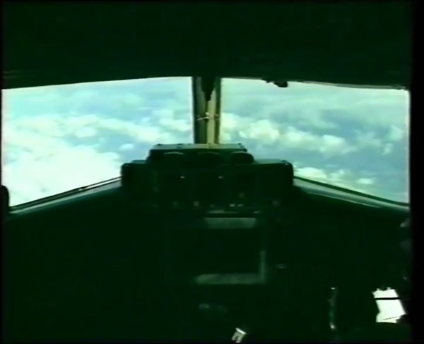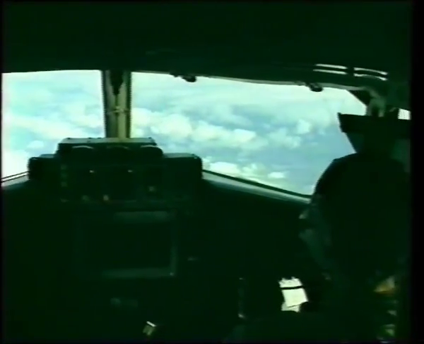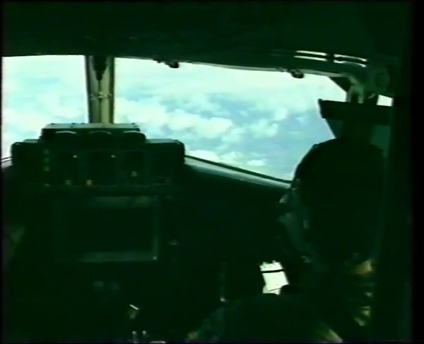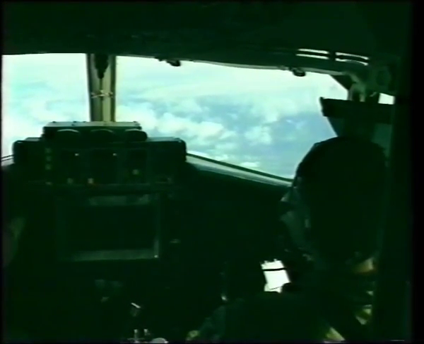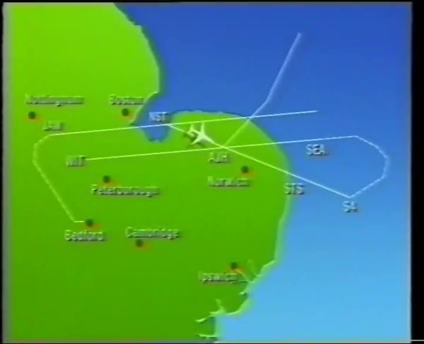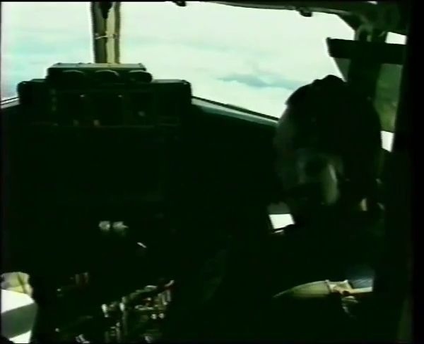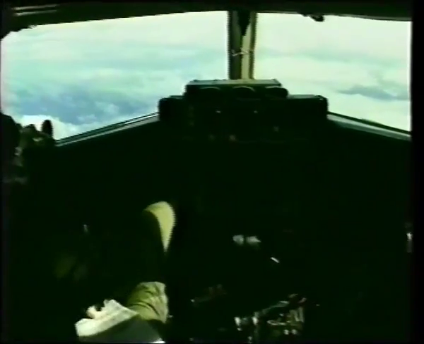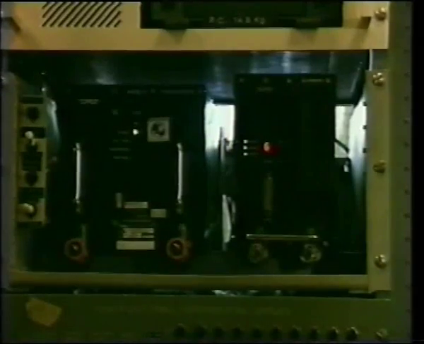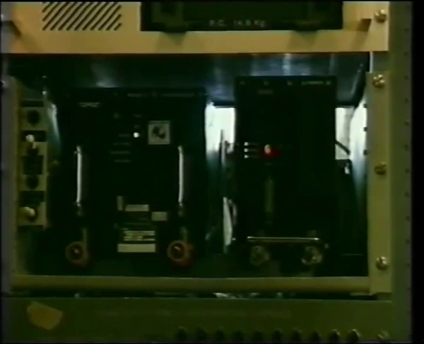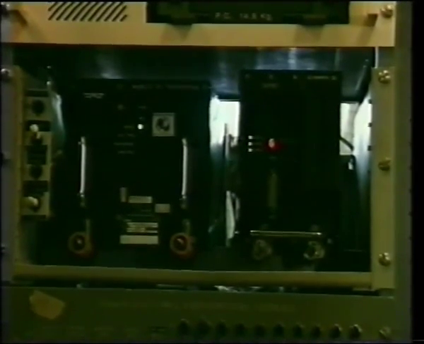The end of the first scenario, or the end of the outbound leg: the aircraft actually passed outside the coverage of the RSRE radar at Malvern, and during this stage we made the changeover in the ground system to transfer from the first scenario to the second scenario. The datalink processing unit, until now processing only avionics data, is ready to assist with a quantum leap into a new era of air traffic control.